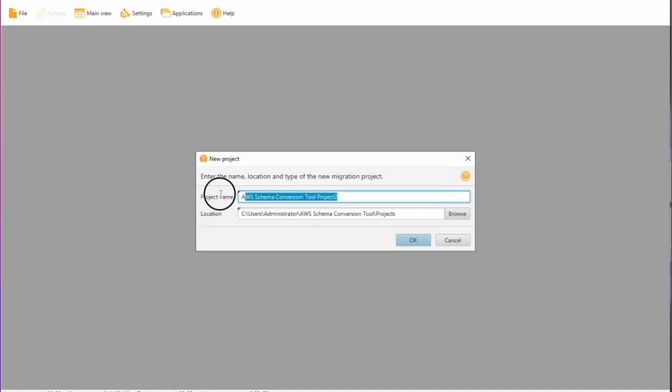You can see the SCT tool is already open on my machine, which is a Windows system. I downloaded, installed, and configured the SCT tool as per the instructions found on the product page. It's very easy. You can do it yourself. The first thing I'm going to do in this tool is click on File and click on New Project. And I'm going to call my project Teradata underscore migration.